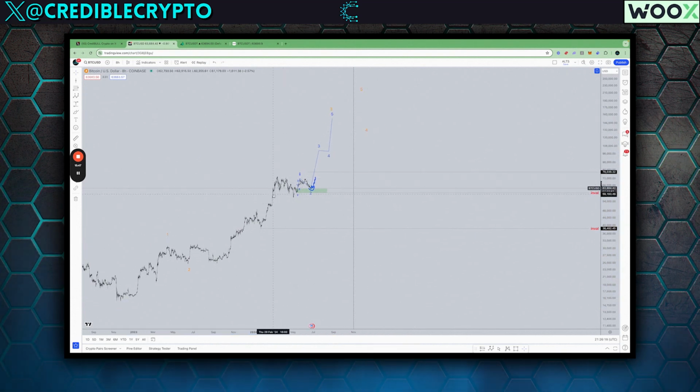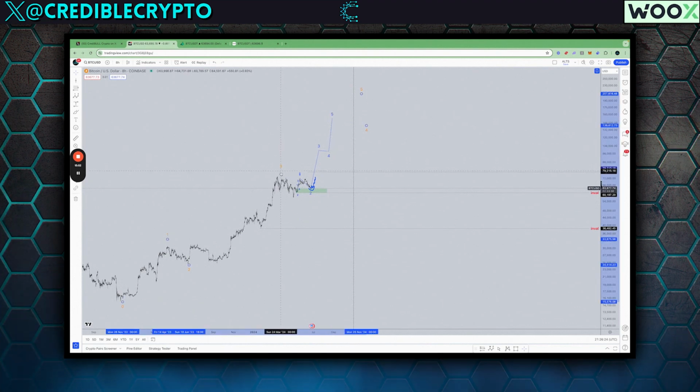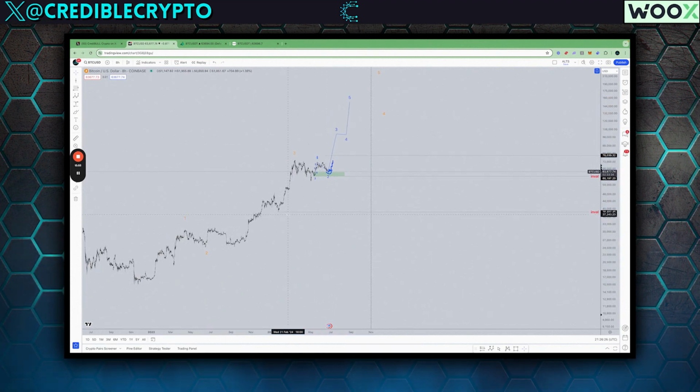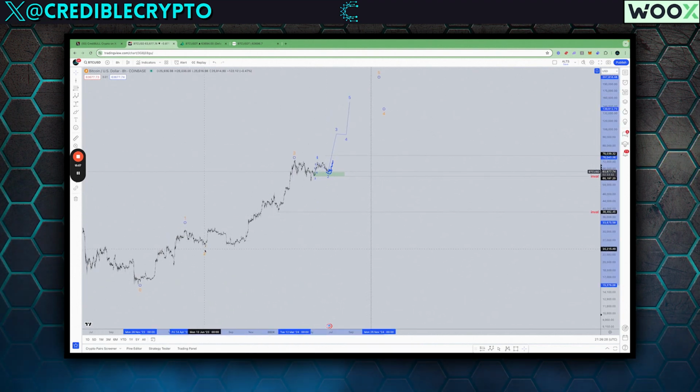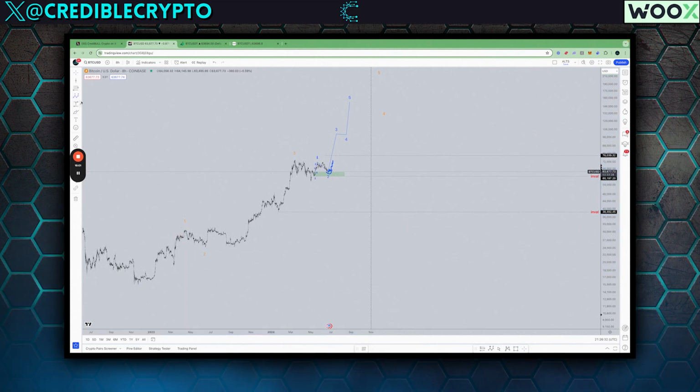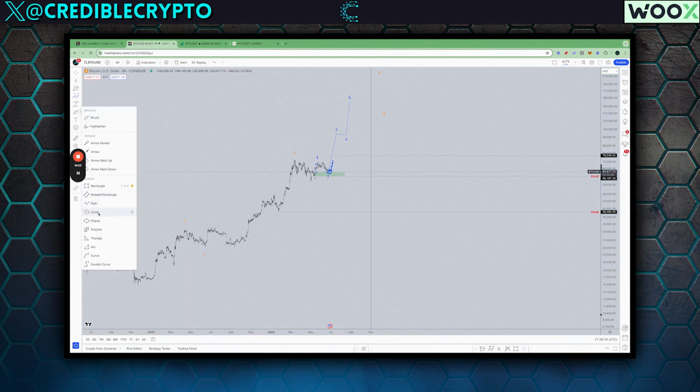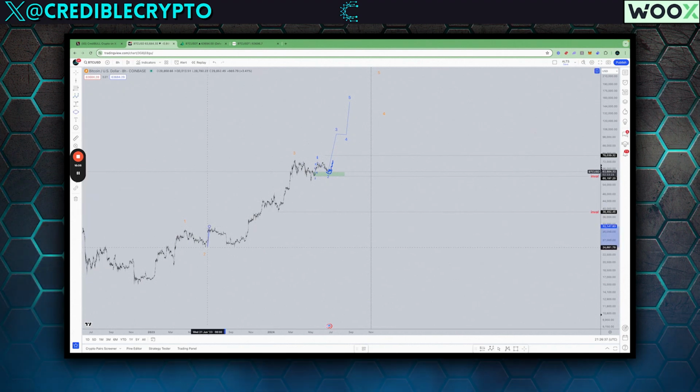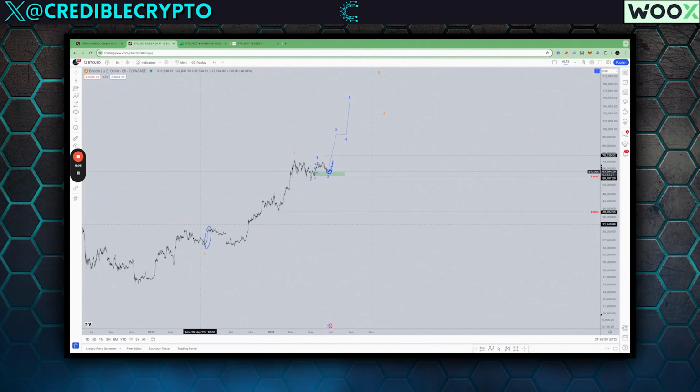We'll also talk about other factors that make me believe that this was in fact our third wave complete here. Let's go ahead and look at the structure. So previously I said again, we know that we completed our first and our second here, and then we had this impulsive move, which I know a lot of people were looking at as a corrective move, but we identified this as a clean impulse. And it got such a deep retracement, but we didn't invalidate it.